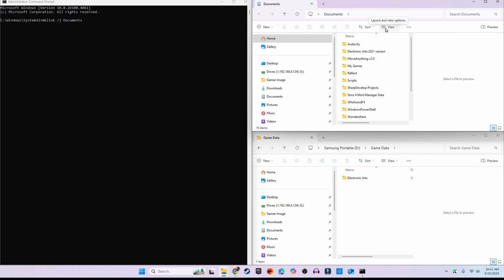Okay. In that case, the original path would be the path to your Documents folder. Can you tell me the full path to your Documents folder? It usually looks something like c:/users/your username/documents. Once I have that path and the path to the new location in game data, I can provide the